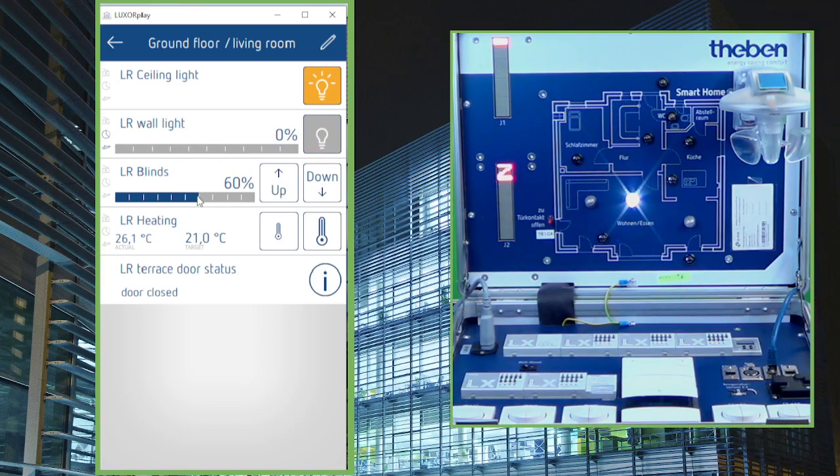I can run the blinds up and down, or I can also increase the temperature, and when I put the target temperature above 26.1 degrees, then you will see that the red LED, this LED here,